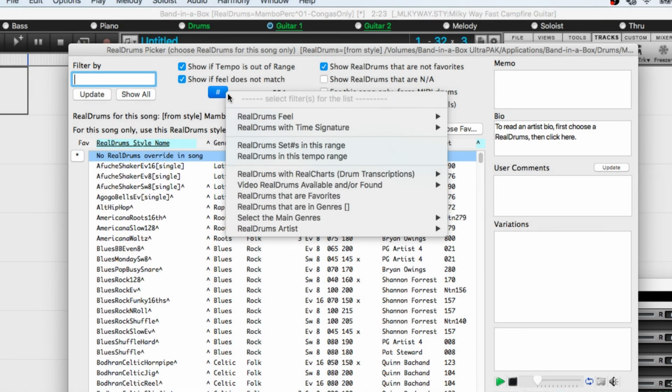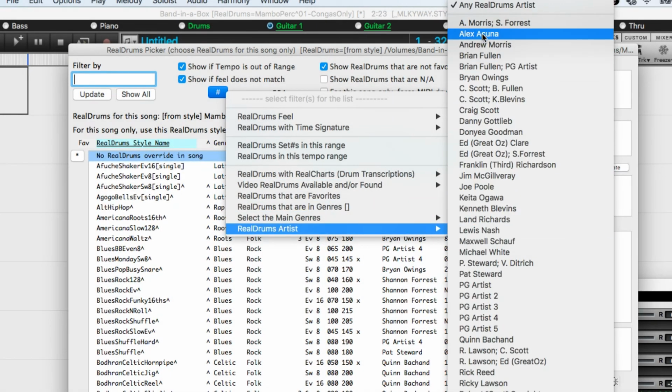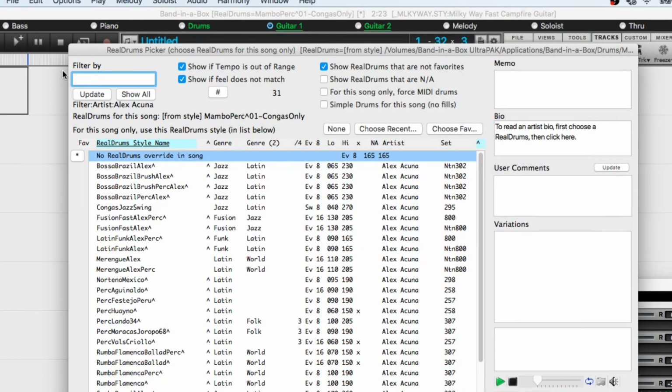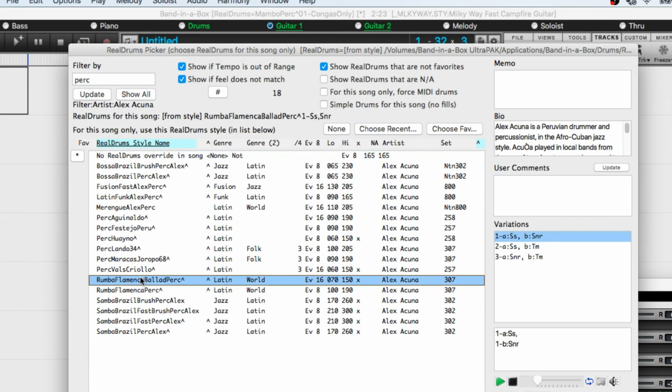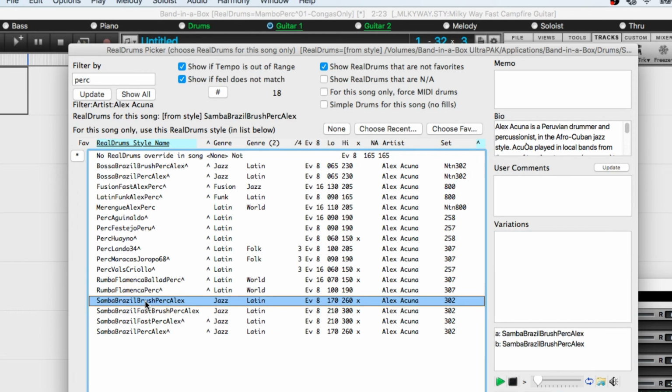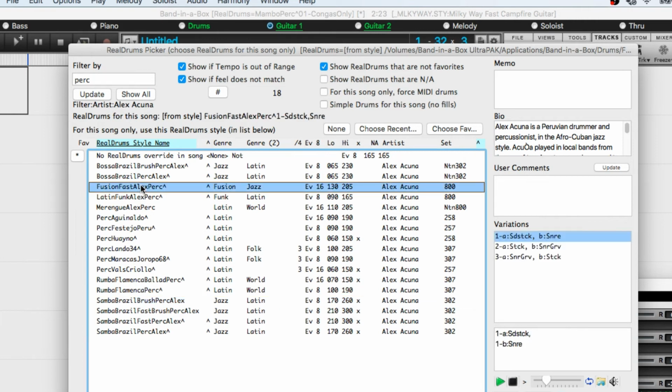And it works the same way in the RealDrums picker. Here let's filter by RealDrums artist Alex Acuna. And then I'll add a text filter, perc, to see just styles with percussion in them. And now, like in the RealTracks picker, we can hear samples by double-clicking on them. I'll also use